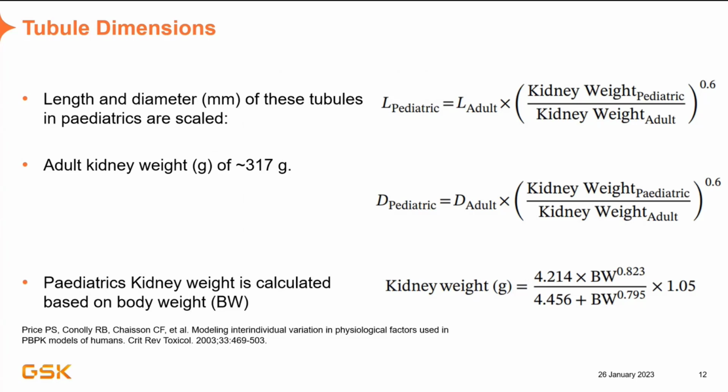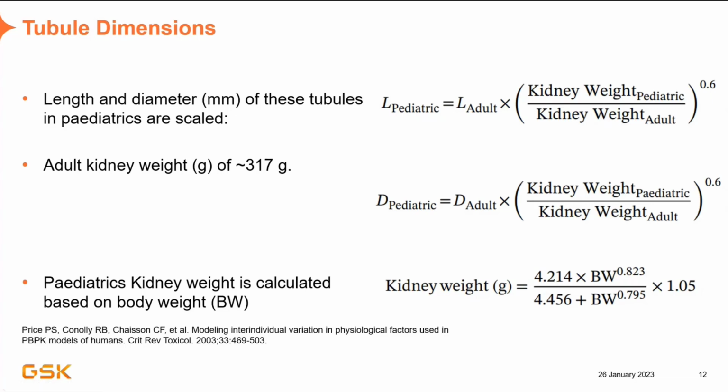So we know that the dimensions of the tubules will change, and there are some data for some of the segments, not for all of them. The data that is used here is based on the proximal tubule, and it's assumed that the same relationship will apply to all other segments until the data become available for other segments. We had the adult level, which we knew, and then we had the observed data in pediatrics, so the relationship was developed and an allometric scale of 0.6 was estimated.